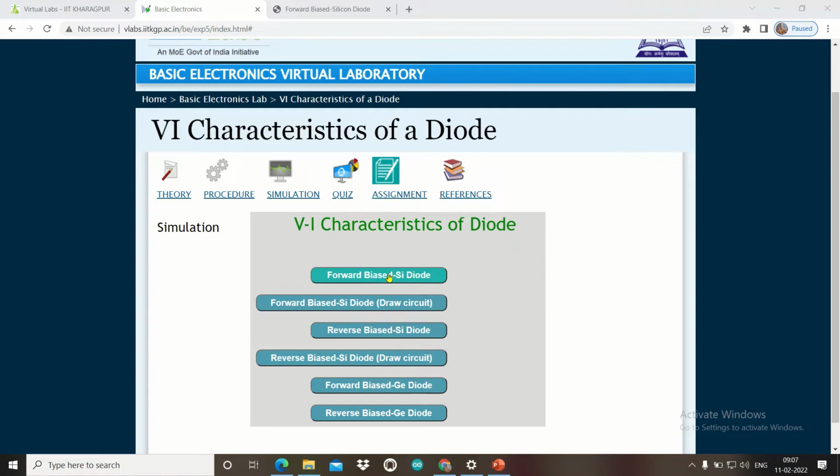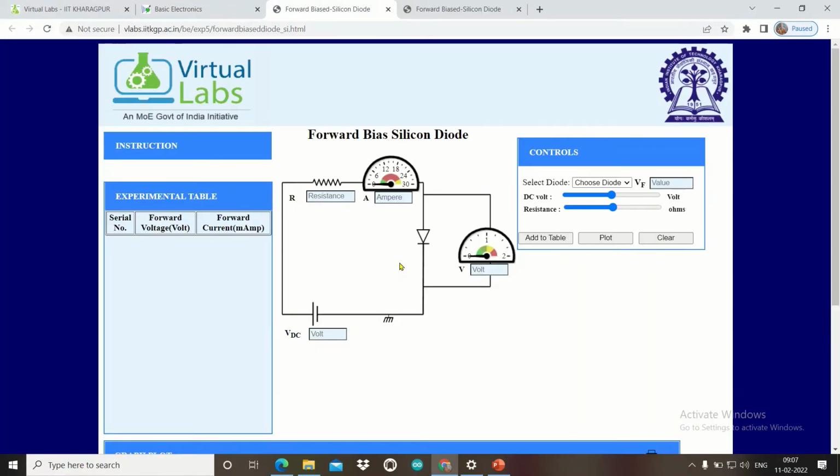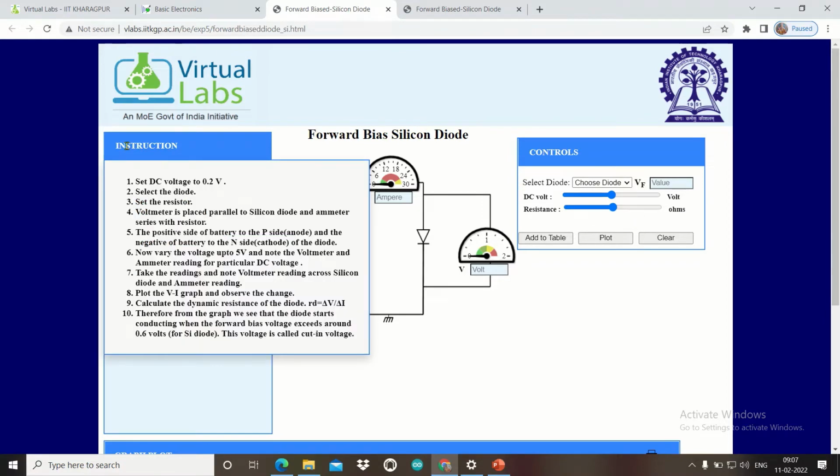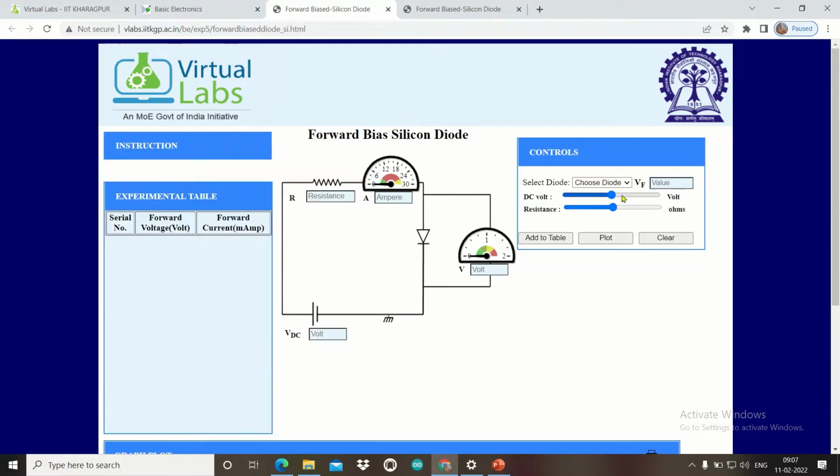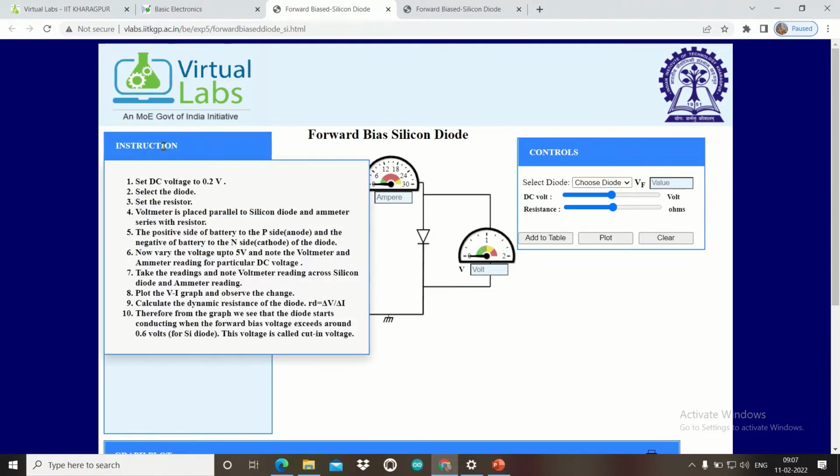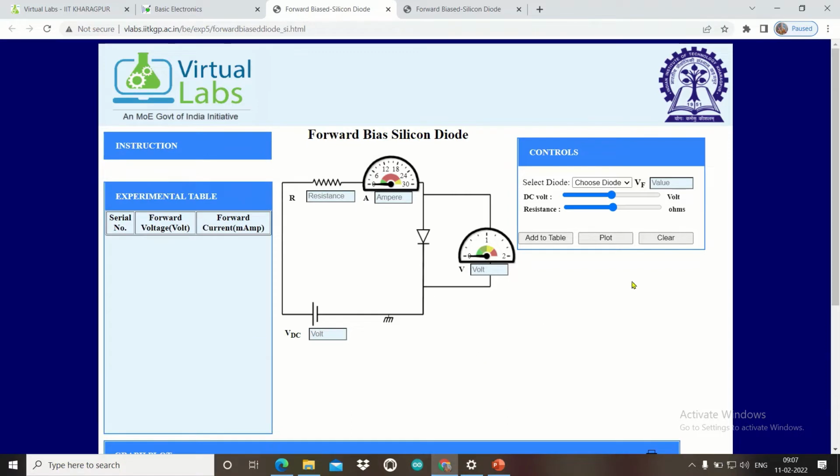So this is the forward biased silicon diode. We will click onto that. You can see the circuit is ready in front of you. Alright, so what you need to do? You need to select the diode. Here also the instruction set is given, so there is absolutely no problem. You can take one step here, go back to the instruction and do accordingly. So first let us choose a diode. We will be choosing 1N4007,